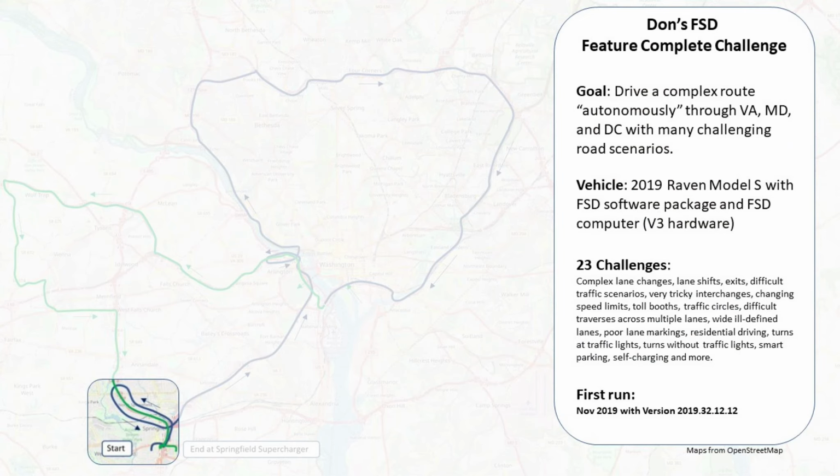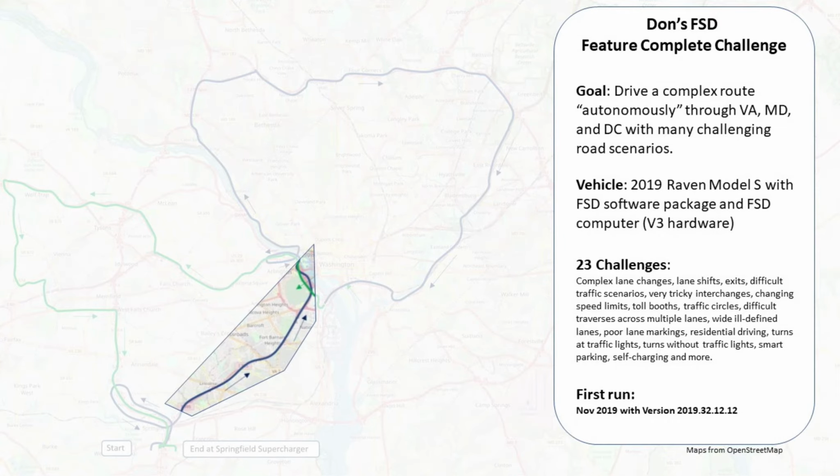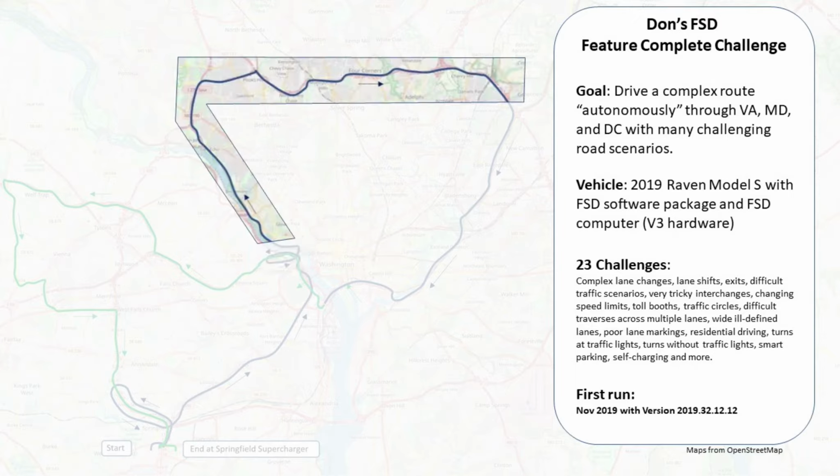So what we have here is that loop. It starts down in Springfield, Virginia. It takes a quick jaunt up 495 North to Braddock Road, where it turns around, comes back down to 395 North around the Pentagon, underneath the Memorial Bridge, up GW Parkway a little bit, and then turns back around to get on 29 to go across the Key Bridge into Georgetown, where we take another left, go up Canal Road,